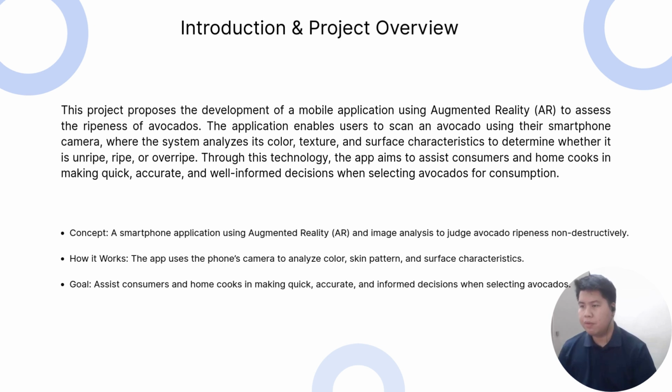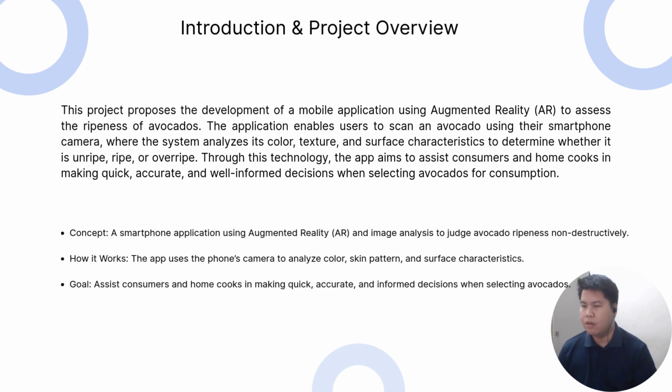For the introduction and project overview, this project proposes the development of a mobile application using augmented reality (AR) to assess the ripeness of avocado. The application enables users to scan an avocado using the smartphone camera, where the system analyzes its color, texture, and surface character to determine whether it is unripe, ripe, or overripe. Through this technology, the app aims to assist consumers and home cooks in making quick, accurate, and well-informed decisions when selecting avocados